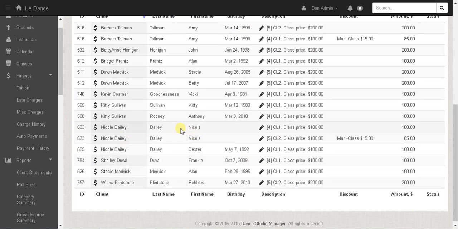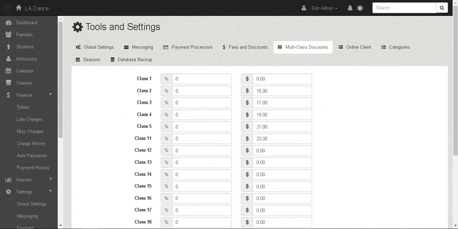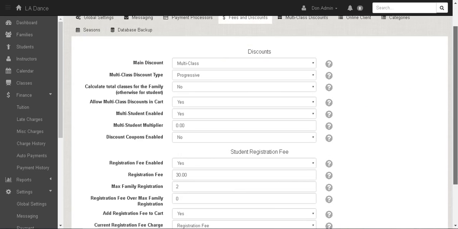They have a total of 3 classes, but only Nicole Bailey is taking 2 classes, so she got $15 off the second class. But Dexter Bailey is another student, so we didn't apply it to the whole family, so they got no discount. There was only 1 discount applied in total. Okay, I'm going to briefly touch on a couple of these other items, and then we're going to be done